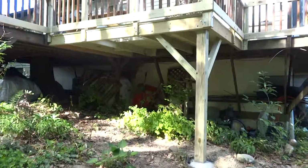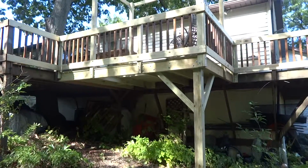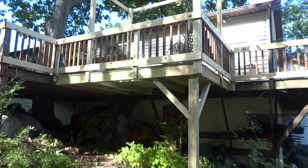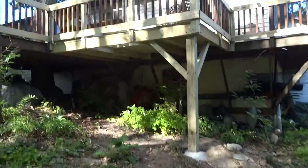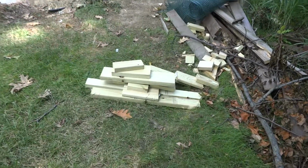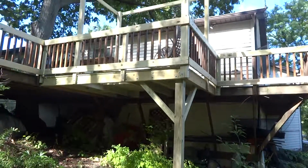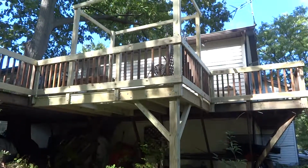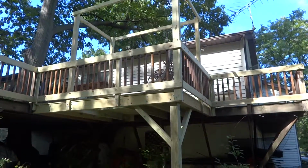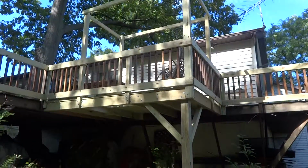But again, this is just a deck, and by the way, that whole entire deck came in my Honda Civic. It took quite a few trips, but it made it. And on top of it right here, that's the only little scrap that I had left. So every piece of wood went to good use, and it's going to look pretty cool with a waterfall coming over the gazebo top. The other part I'm not sure exactly what I'm going to do, but the deck itself